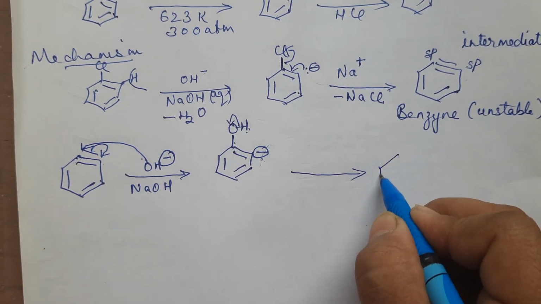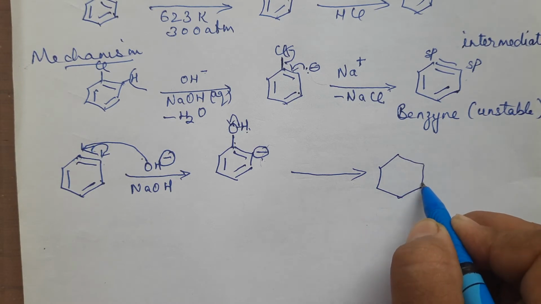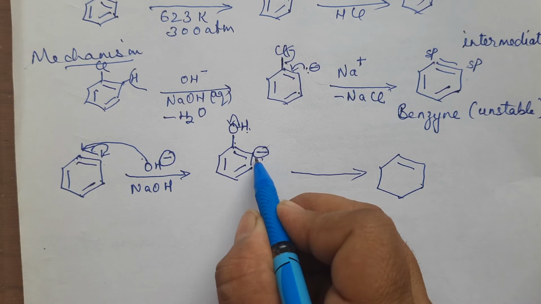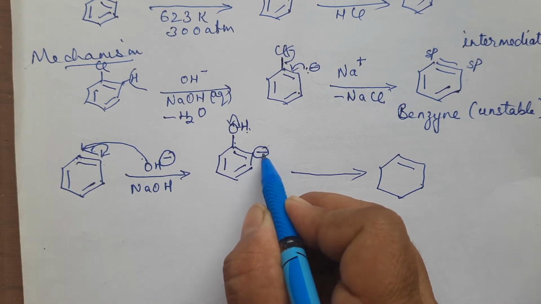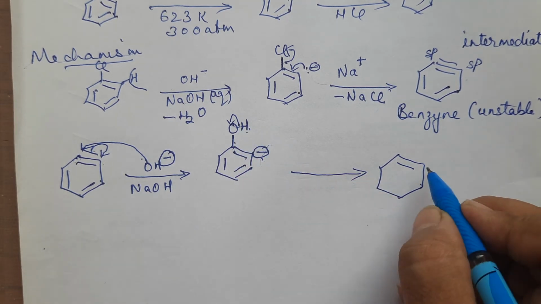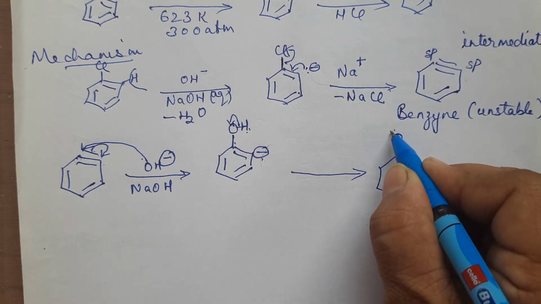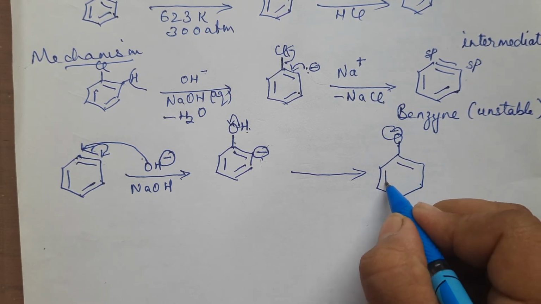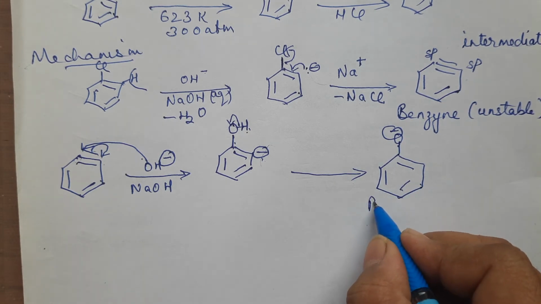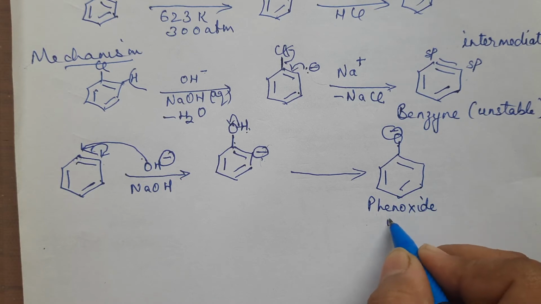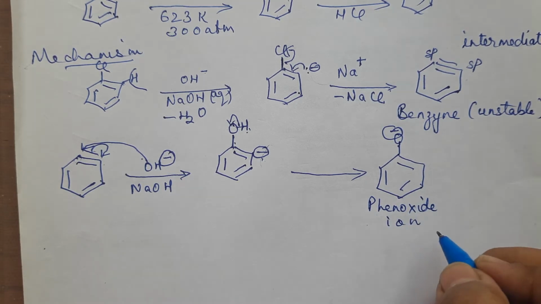I'm not showing the H specially written here, but we know that when there is a double bond, that is not a problem. This carbon was having a negative charge, so that is satisfied by this H. It gets transferred here. So here you are left with only O with a negative charge, and this as such will be there. That means what you get, children, is phenoxide ion.